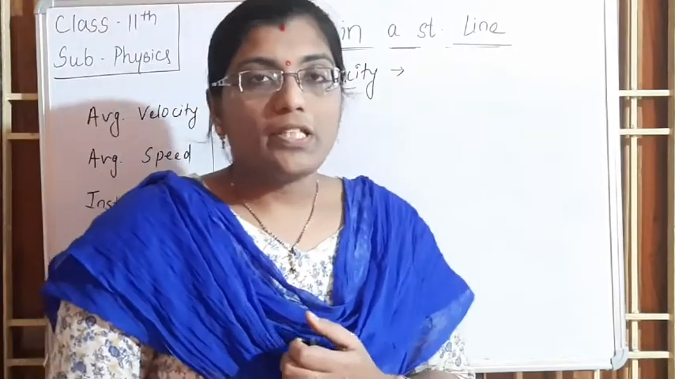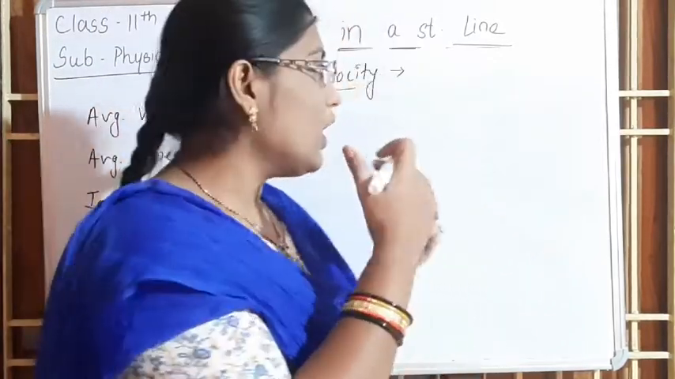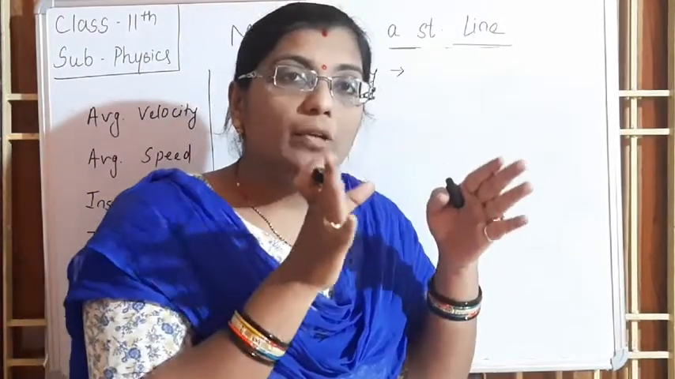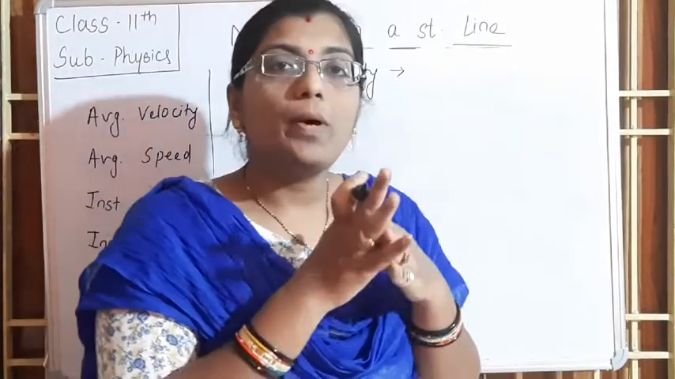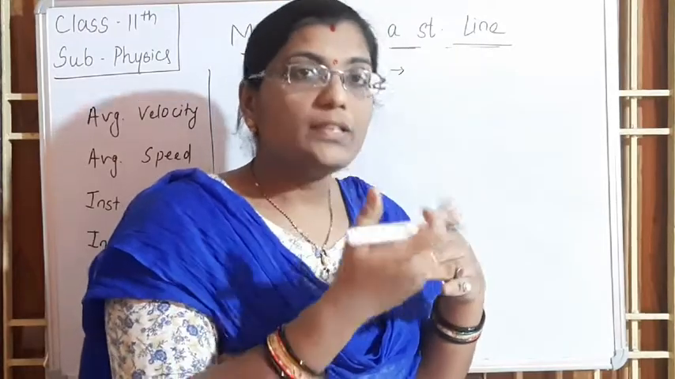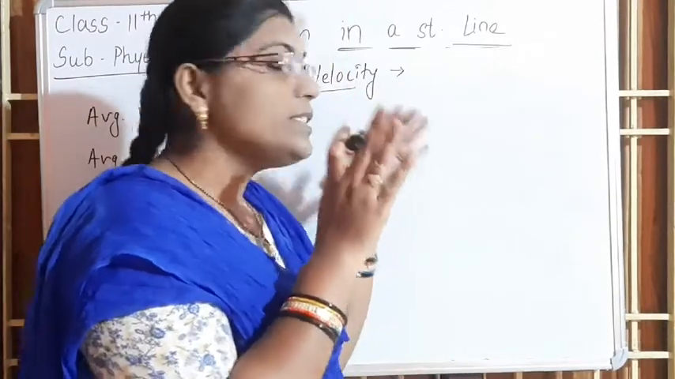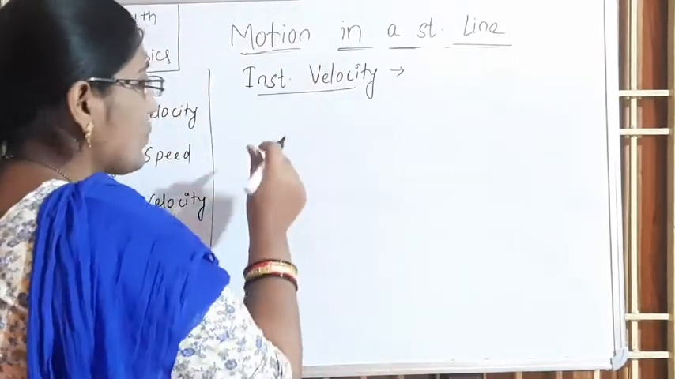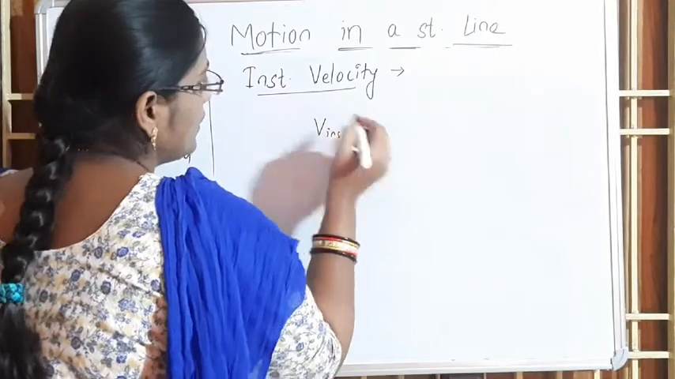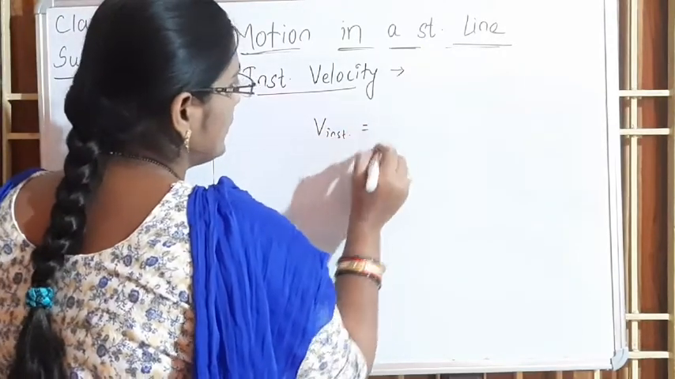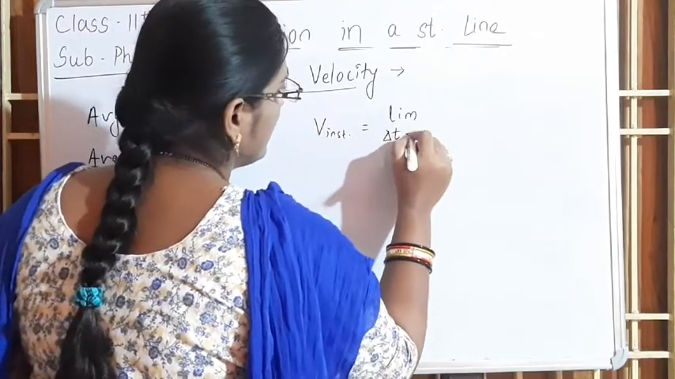During average velocity, we found how fast the car is moving in a given interval of time. But in instantaneous velocity, we have to find how fast the object or the car is moving at a particular instant of time. Clear? So we can write V instantaneous is equal to the limit delta t tends to 0,